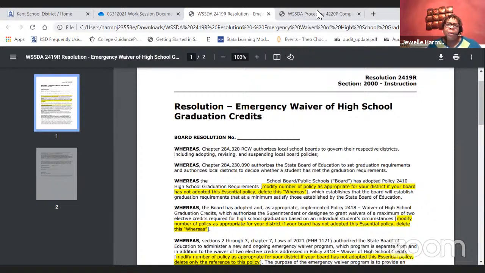Again, I will provide you with additional information about those details in the update, but I wanted you to see that so that you would have time to be prepared and informed for the regular meeting on the 14th. And typically we would have spent a little more time on this. If you have questions, I'm happy to take a few, but I want us to spend some time on the last topic.